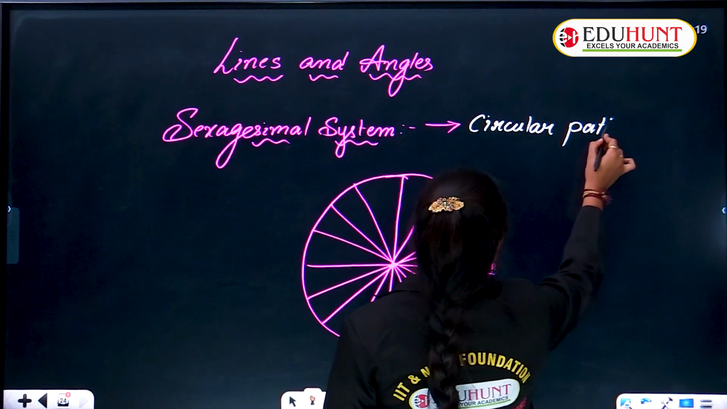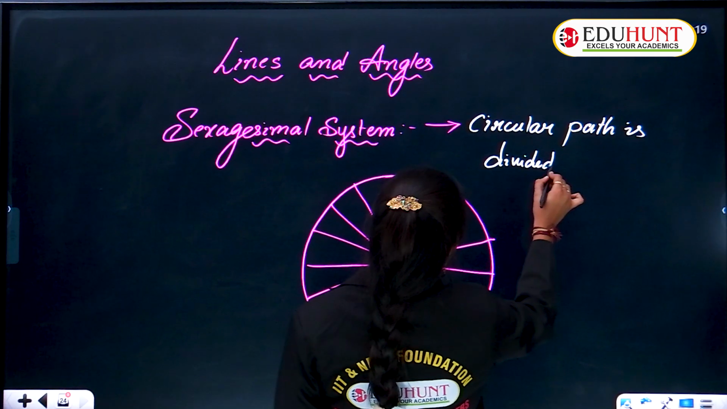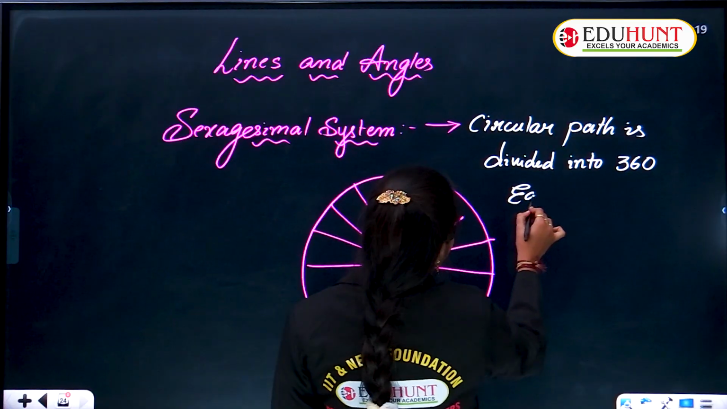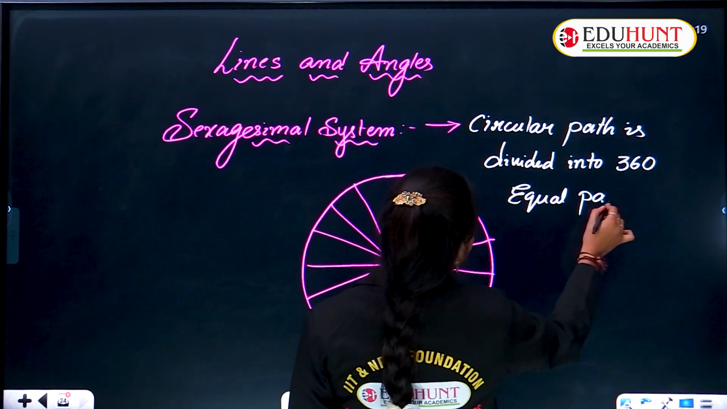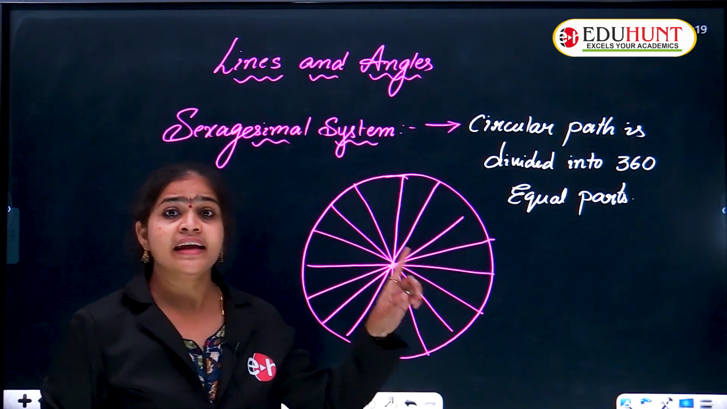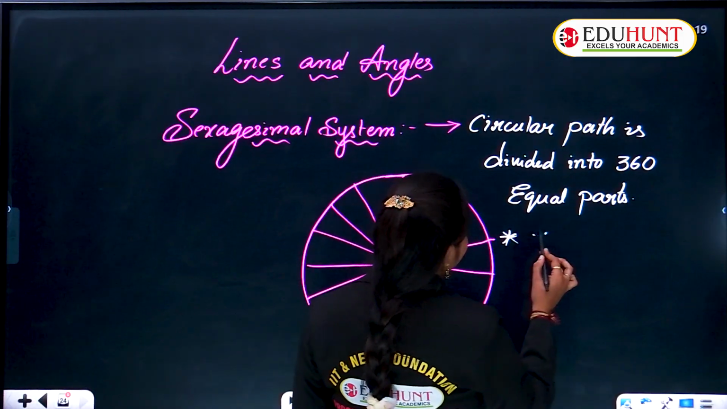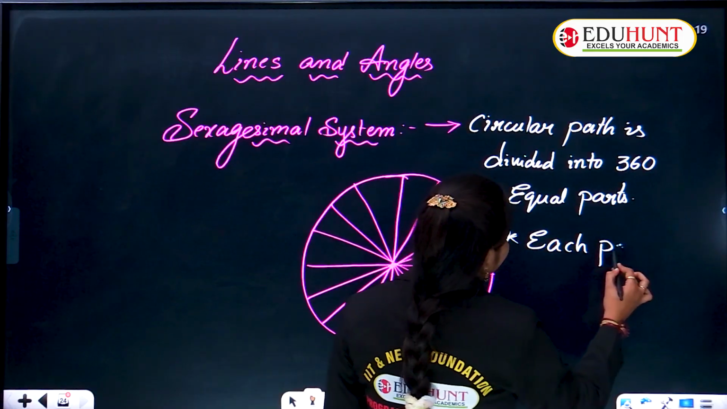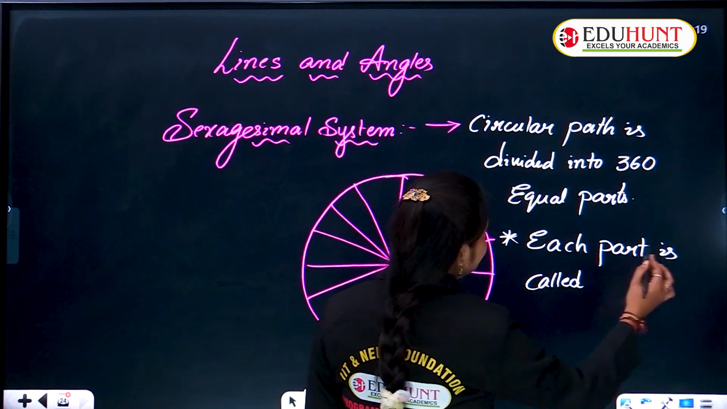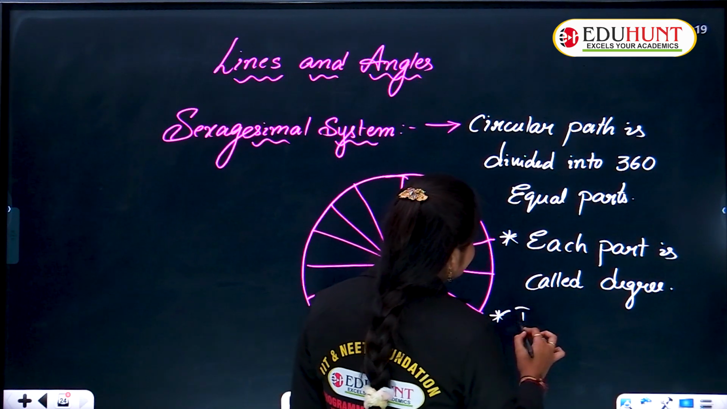Understood? How many equal parts are there? 360 equal parts are there. Each part will be considered as 1 degree. Each equal part is called a degree, and it is represented by